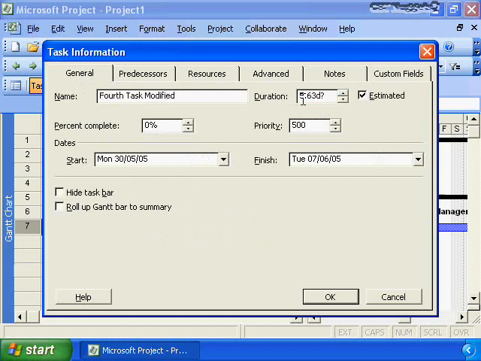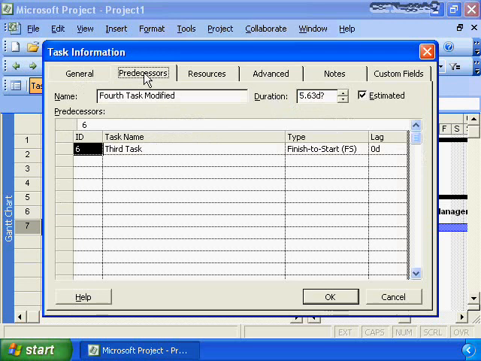It has the duration. Percent complete we'll discuss in the next Microsoft Project Nugget. We have a predecessor tab, which is showing our relationship with our predecessor. It's related to the third task. It's a finish start relationship, and the lag is 0. So if you need to do additional maintenance on the predecessor successor relationships, you do it here on the predecessor